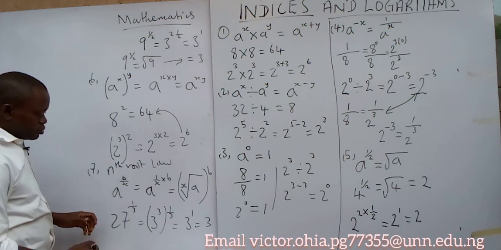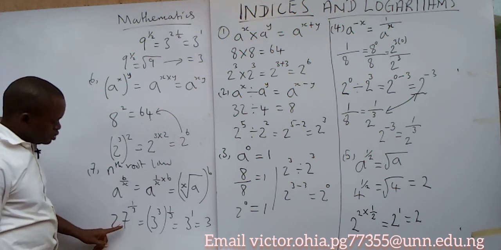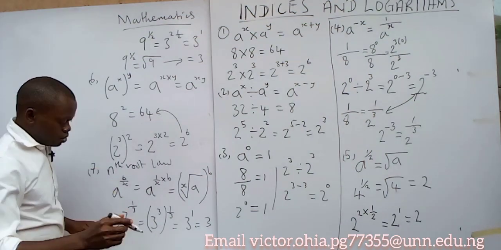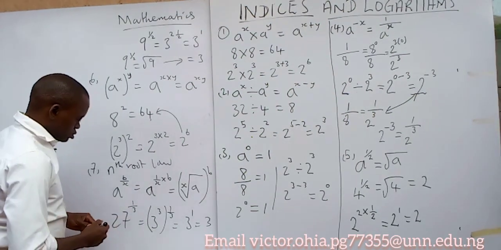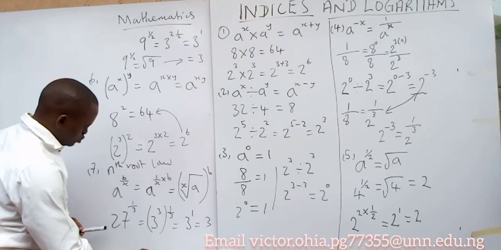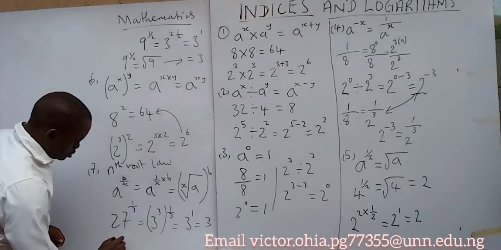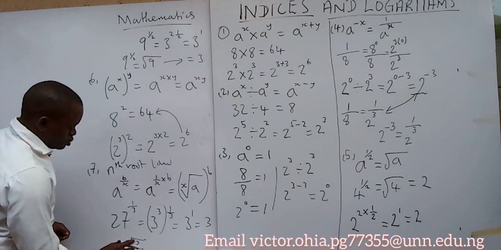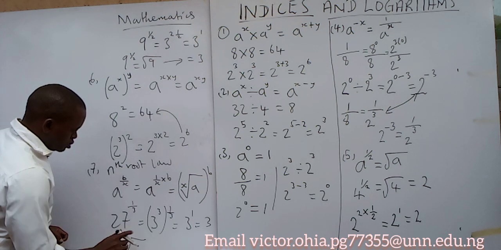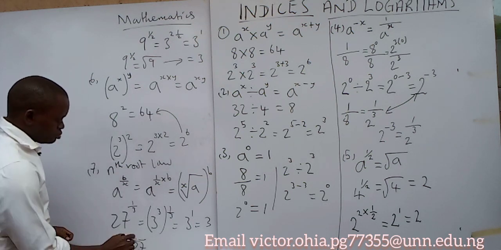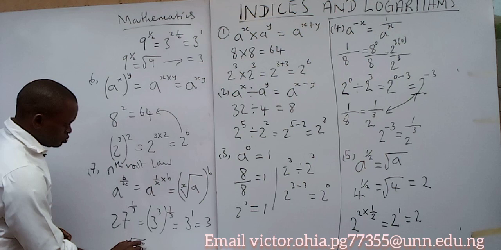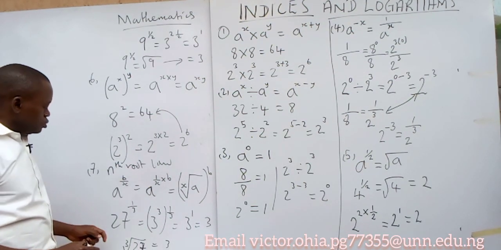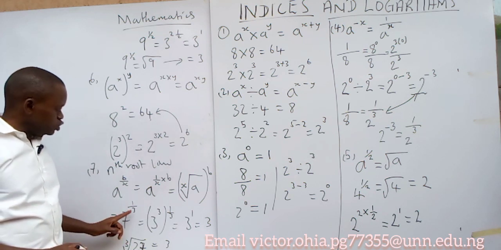Okay. Now, if this 27 raised to power 1 over 3 gave us 3, can you check in your calculator the cube root of 3? Just check that. Sorry, cube root of 27. Can you check what it will give? Cube root of 27. It will give you 3. So it then means that 27 raised to power 1 over 3